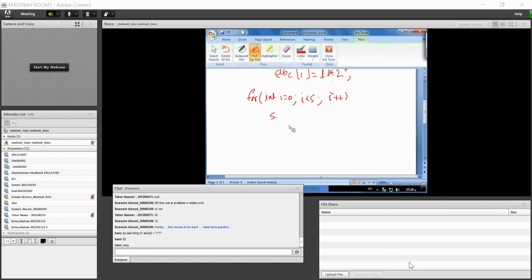Then you write System.out.println ABC of I. So what will it do? It will print the values of the array: ABC of 0, that is 0, ABC of 1, 2, 4, 6, 8. Okay, so like this.